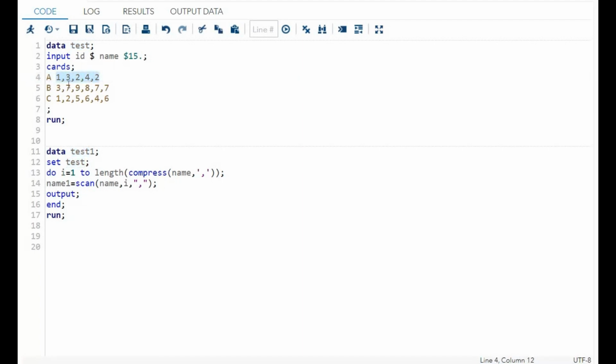First, I have removed all the commas by using the compress function, and I'm taking the length so that it will iterate only as many times as there are numbers. After that I've created a new variable name1 which will contain the value with the help of the scan function, and the scan function will simply take out these numbers one by one and insert them into new rows. If I run this out,